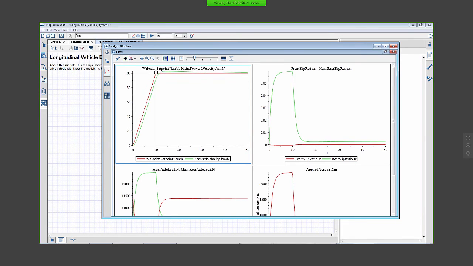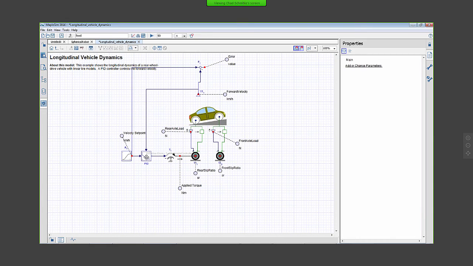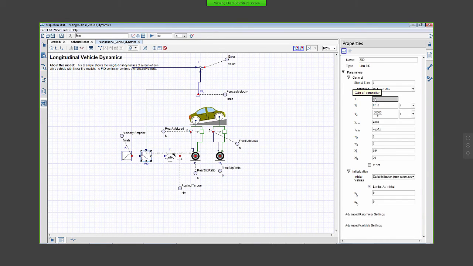You can see in red the set point, the green is the follower. What I'd like to do is optimize the model a bit and improve that performance. The way I'm going to do that is I'm going to go over here to my PID controller. I'm just going to change this TD,